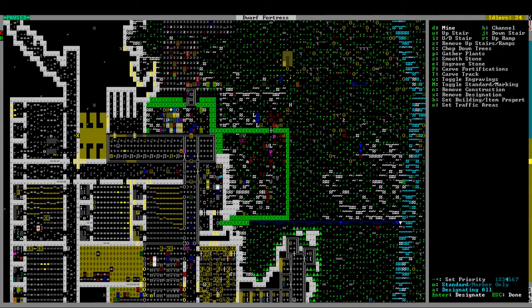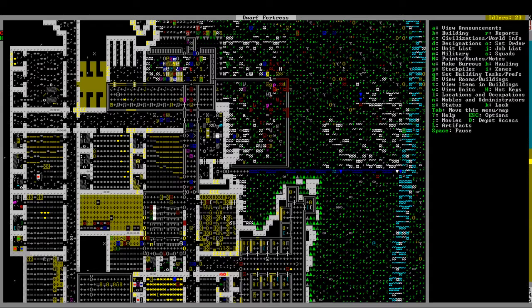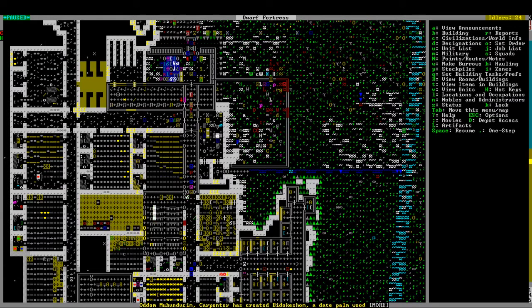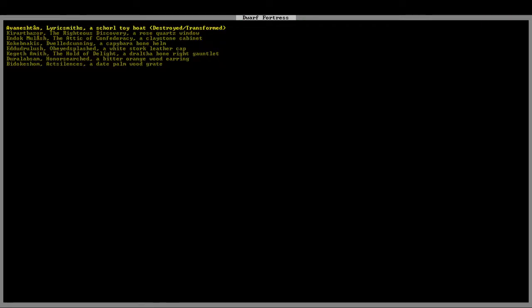Okay. But the whole thing doesn't work unless you designate a hammerer. If you don't have a hammerer, then nobody can get hammerings. The carpenter created Bidokeshom, a date palm wood grate. She claims it is an heirloom in the name of the family ancestor Godin Tempted Posts. They might get a negative thought from not having the punishment meted out, but